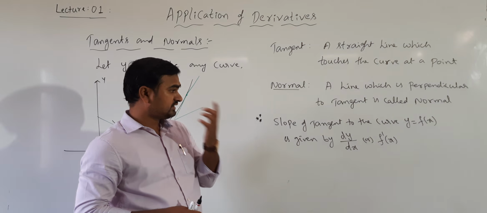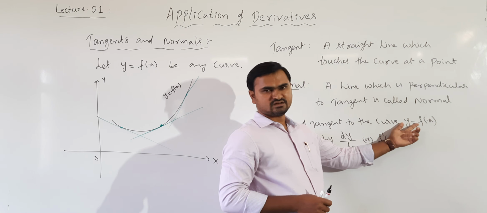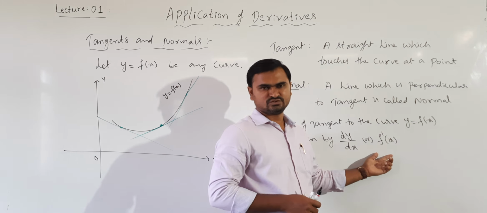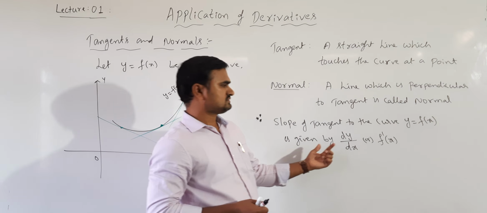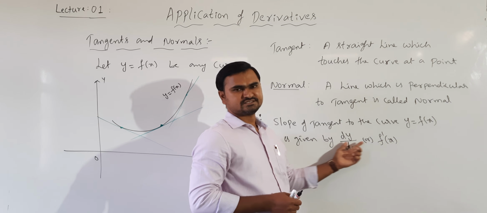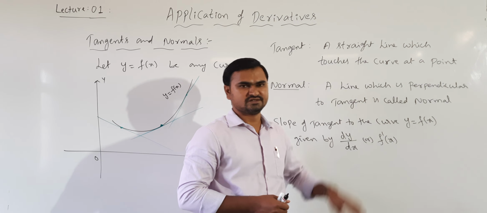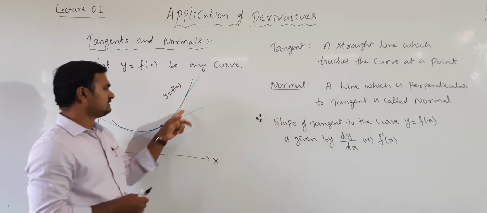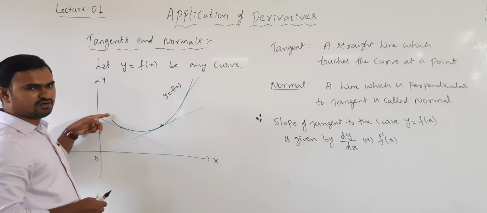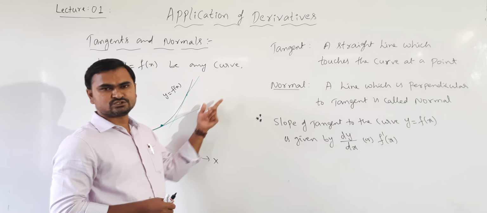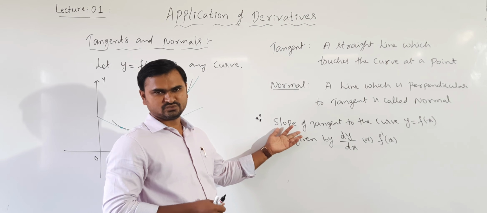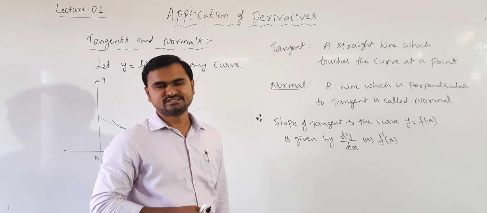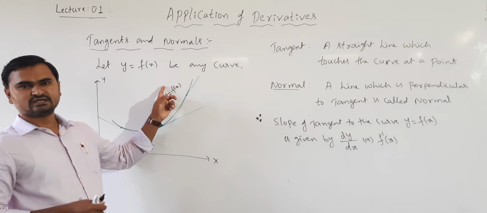Now when the curve is given, f dash or the derivative is always fixed. For a given function, if the derivative exists, it is unique. So the derivative will always be the same for the given function f of x. But here if you see, the tangents are different. Tangents being different means their slopes are also different. But how to get the slopes? How to get the slope of the tangent at some particular point if we are finding it?